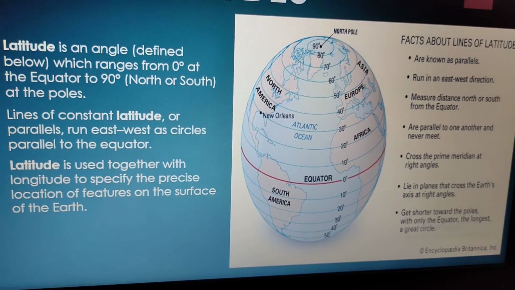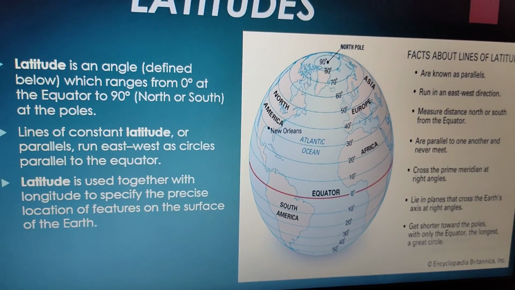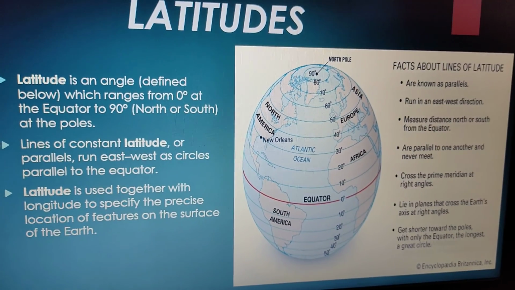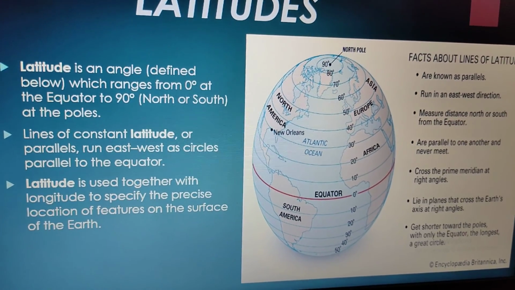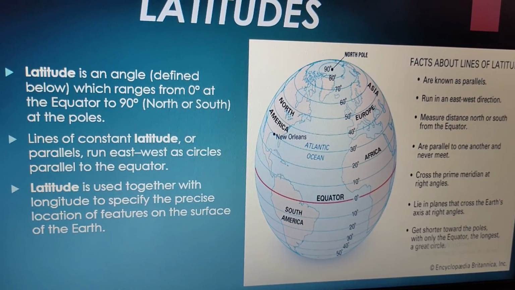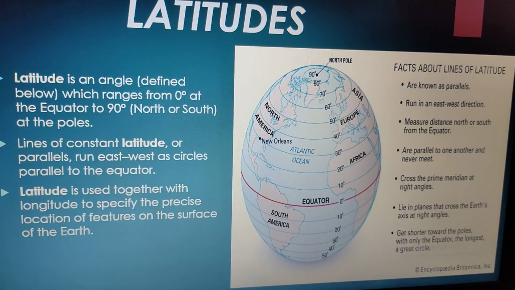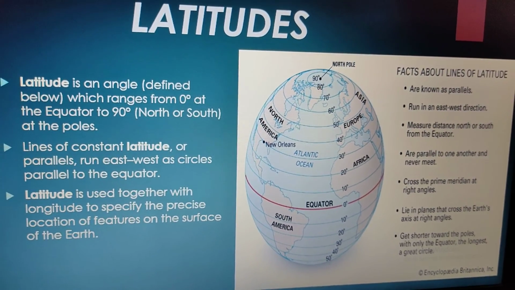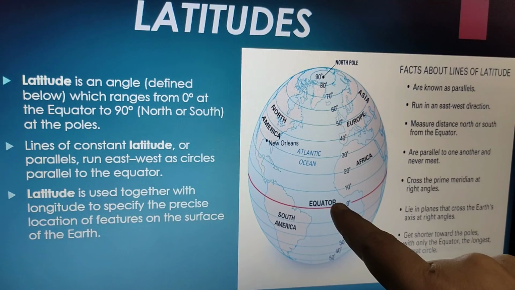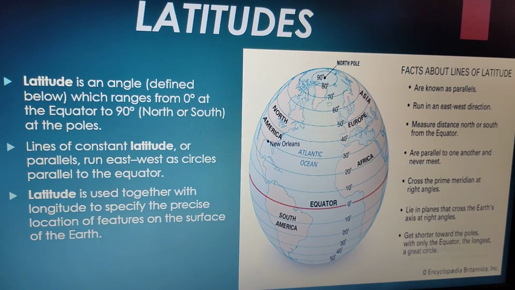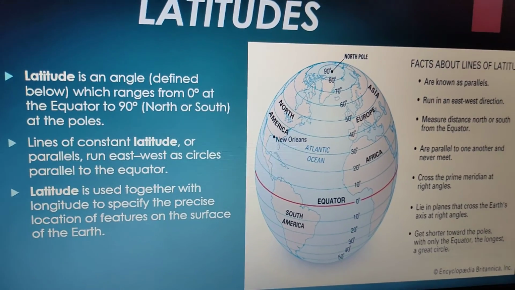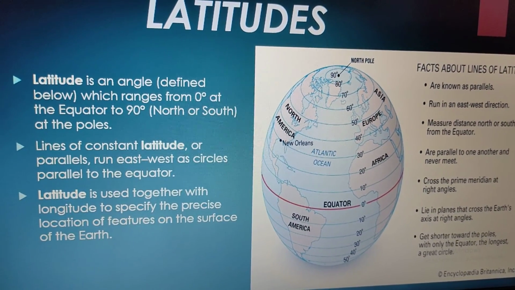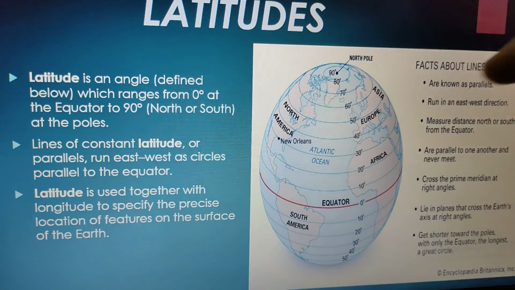The horizontal lines are called the latitudes. And the vertical imaginary lines are called the longitudes. The latitude at 0 degree is the equator, and the longitude at 0 degree is the prime meridian. And these latitudes, these circles, become smaller as we move towards the pole.